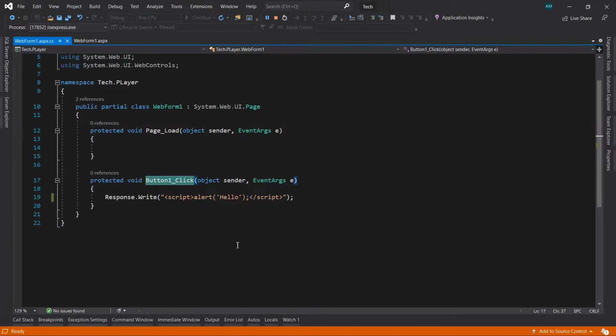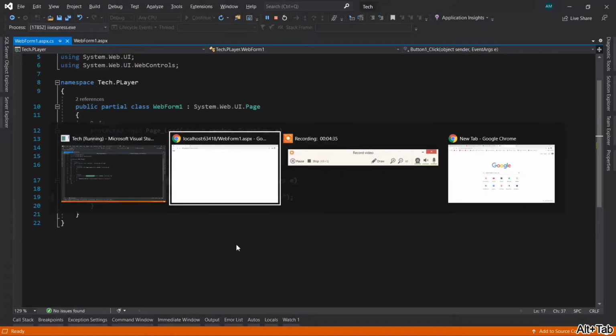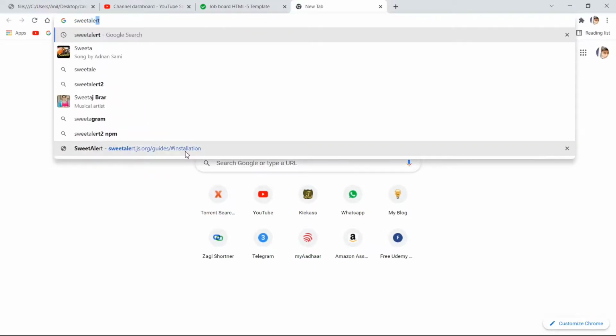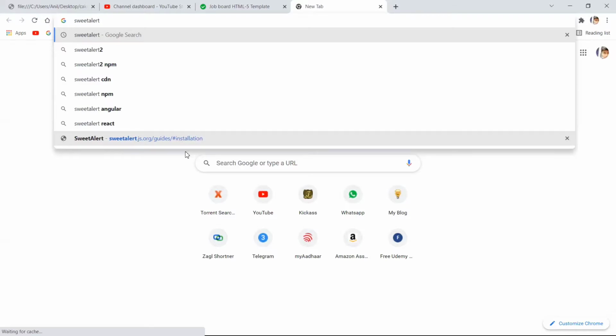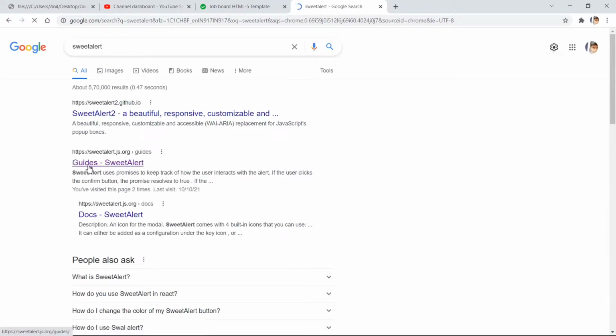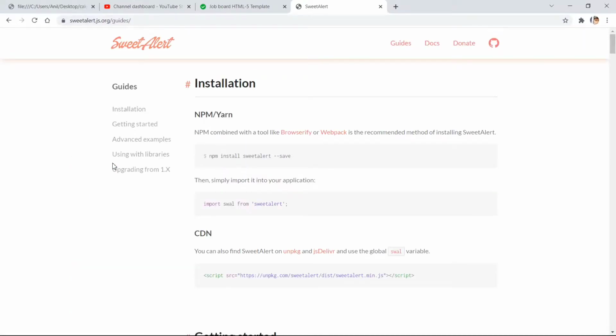First let's visit their official website, okay? Search here sweet alert, enter. This one, the second one, that is sweet alert, okay? Open it.